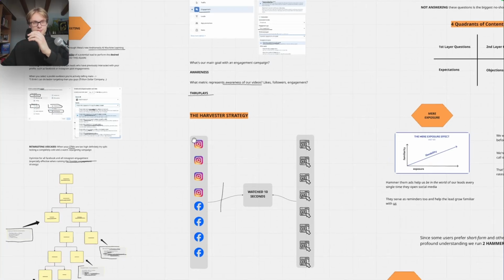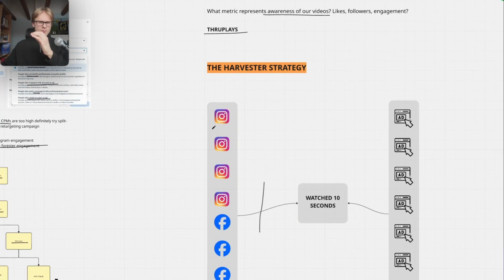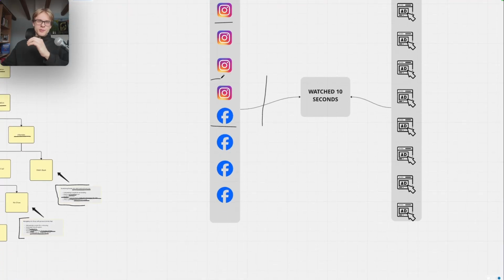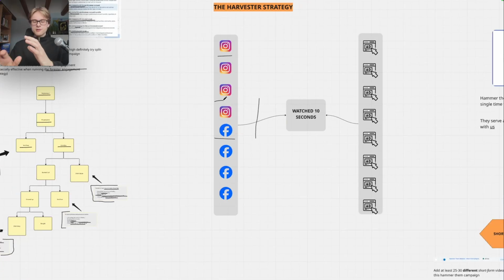that you have certain Instagram posts, certain Facebook posts, basically a bucket of posts, which could be 10 different posts, for example, on Instagram, on Facebook, or whatever. And then people who watch at least 10 seconds of this post will enter a retargeting audience.